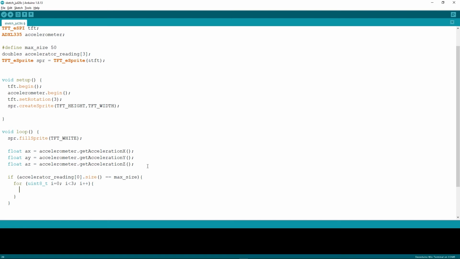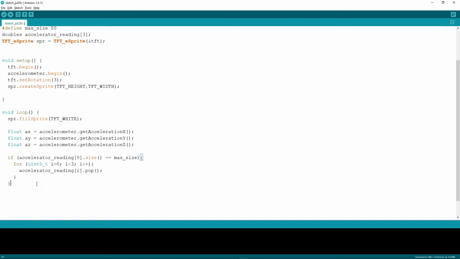So in this loop, accelerator reading i dot pop. So this is used to remove the first read variable from this data.